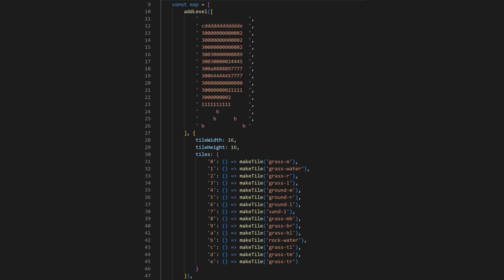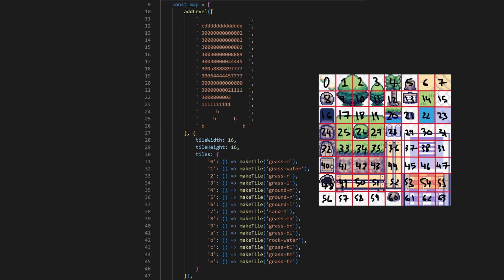Here, Kaboom will create a game object if you provide an array of components. And makeTile, if you remember, returned an array of components. Here, for example, for 0, I'm calling makeTile and specifying that the type is grass-m. This is just a terminology I've created for myself in the loadSpriteAtlas function earlier on to basically describe what frame is what. Grass M